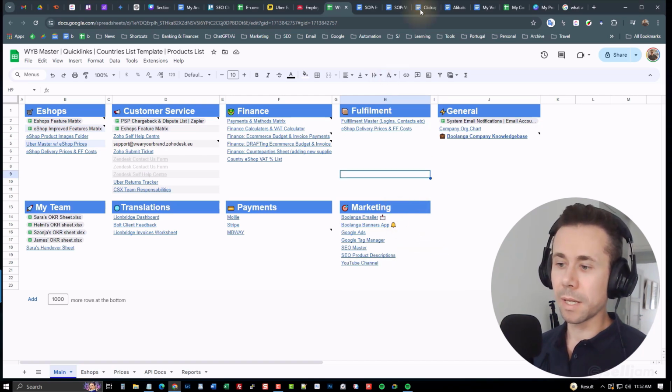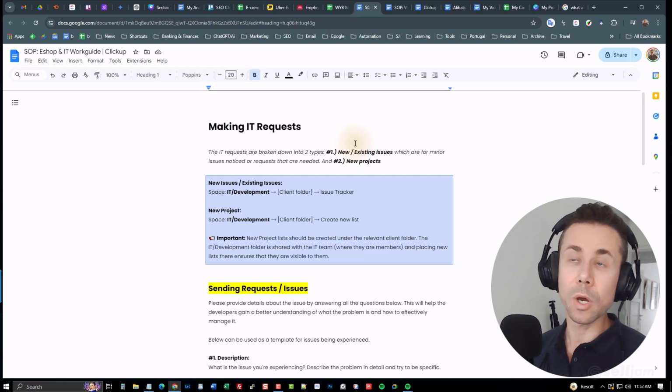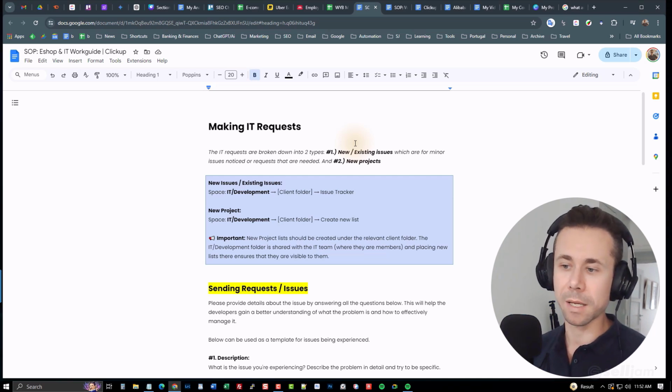Next is an SOP. So this is an IT work guide, and it's a simple guide for sending bugs and issue requests to developers. This was created for a client of mine, and it was shared with other team members so that they were able to know the process of how to make requests with the developers. And on the flip side, the developers would have all of the information they need to be able to handle